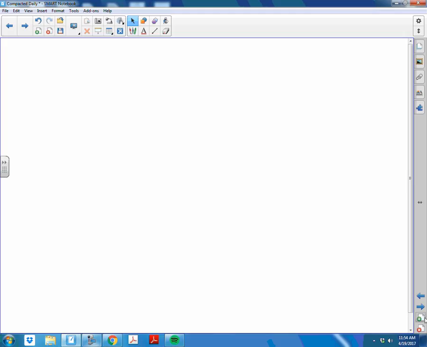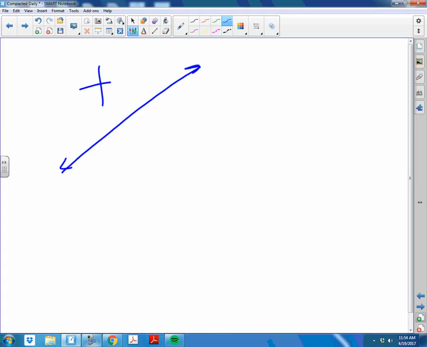A question was asked about how we deal with lines that are flat or straight up and down. So we understand that any slope that looks like this and is increasing from the left to the right is a positive sloped line. No matter what its steepness is, if it's increasing from the left to the right, it's a positive sloped line. If it is decreasing from the left to the right, no matter what its steepness is, it is a negative sloped line. The reason is if you think about the points, you will always have to go down and then over on a negative slope line, you will have to go up and over on a positive slope line,